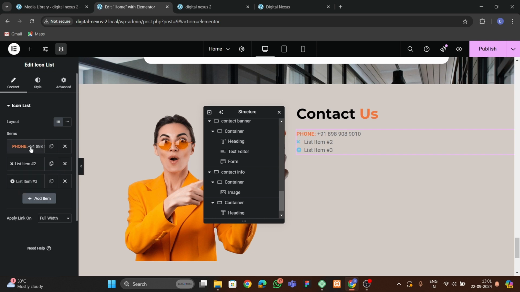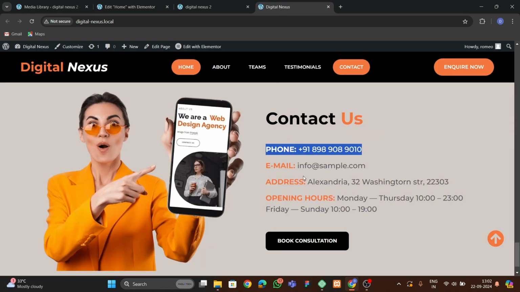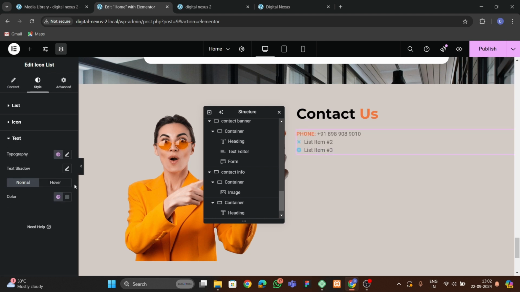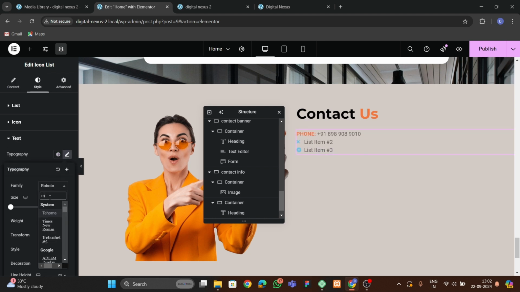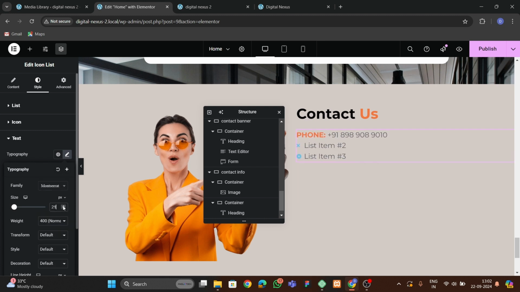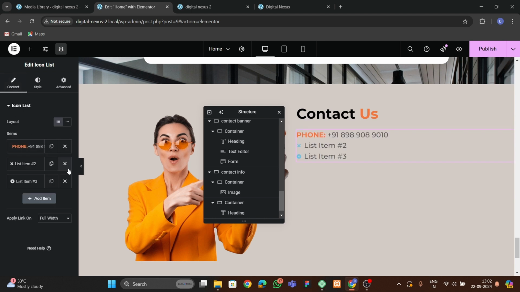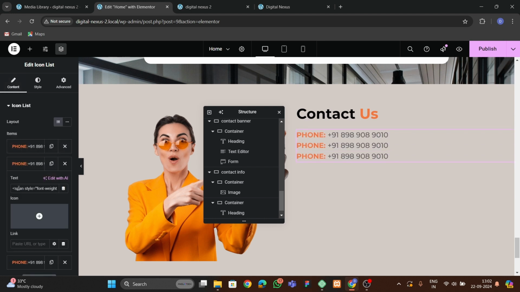This. Then after that what we can do, and see that we have this. So let me go to these styles, and here in the icon we don't have any icon. So in the text, we're gonna choose this Montserrat, red, and here we're gonna add this 21, like this. Then we can go to this, and here we're gonna remove this, and here we're gonna write